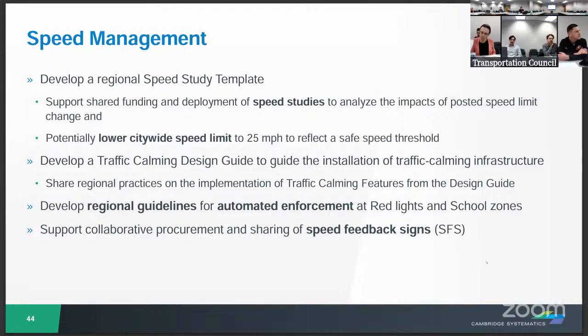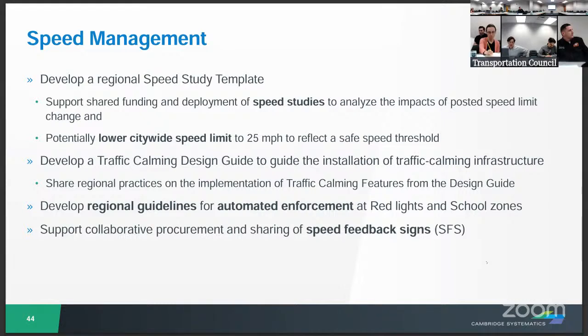Speed management: roll the work that we're doing now into a speed study template. Support with funding and deployment of these speed studies, analyze them, and follow up. Take the traffic calming features from the Complete Streets design guide and show which of those have worked best in different locations. I know people have different luck with speed humps, tabled intersections, things like that, and we can share those